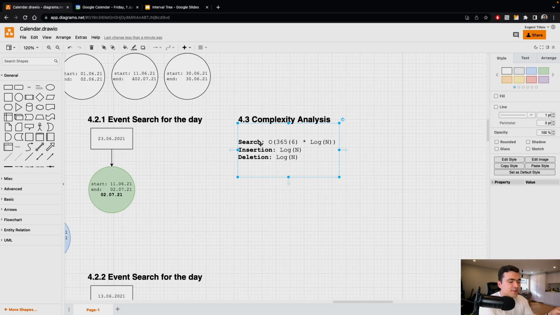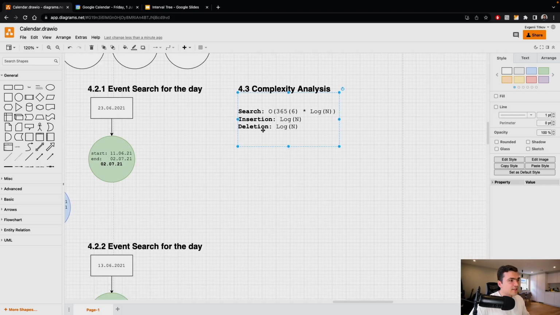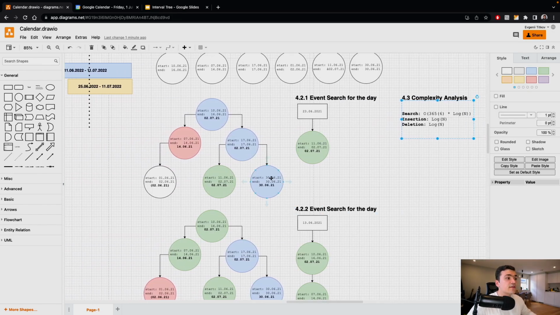to render events for 365 or sometimes 366 days in a year, it will take 365 multiplied by log n. Log n is the default complexity for such operations on a binary search tree. So the insertion and the deletion will also take log n time, and this is much better than n. And I feel like this approach would satisfy our performance requirements, and it also gives us a really nice